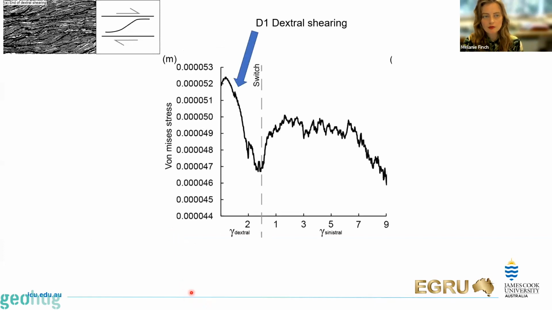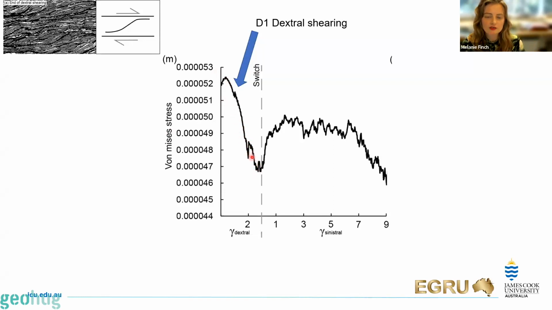Okay, so we can also have a look at what happens to stress as this change is taking place. Now, in a shear zone, when you start shearing a rock, the stress is high because there's nothing in the rock that is lined up properly to accommodate that shearing. So stress is high, and as things link up and you get structures that can accommodate the shearing, then the stress decreases